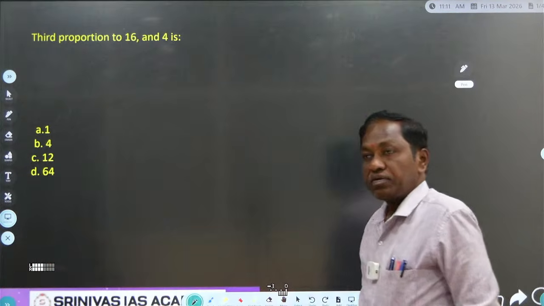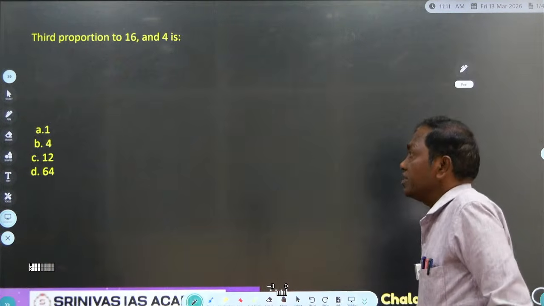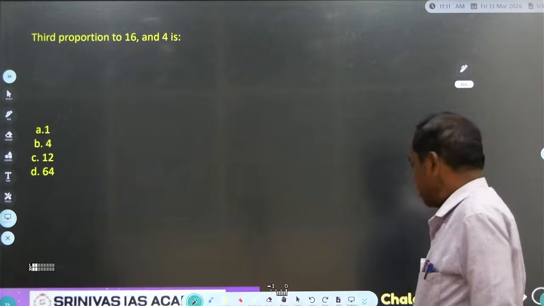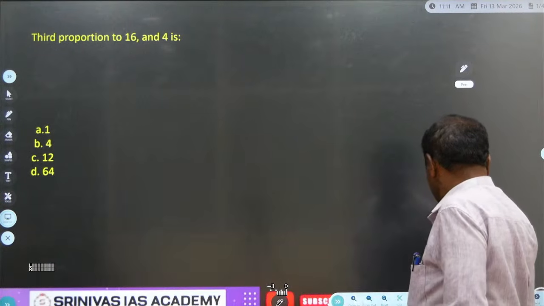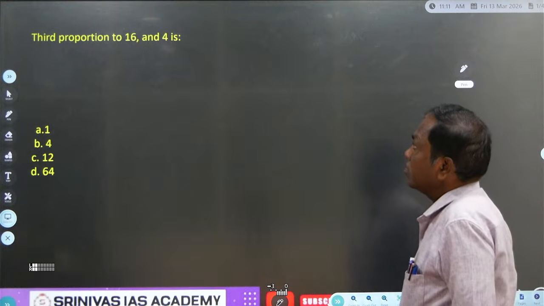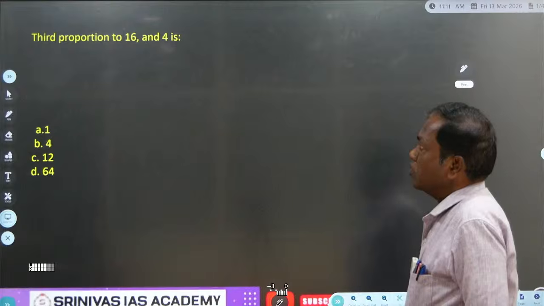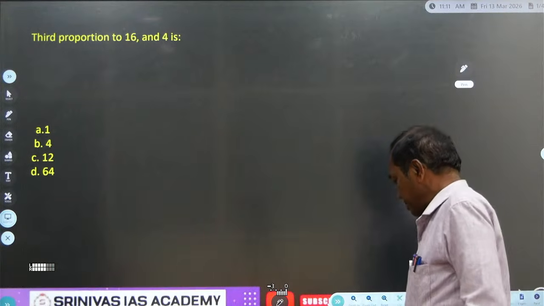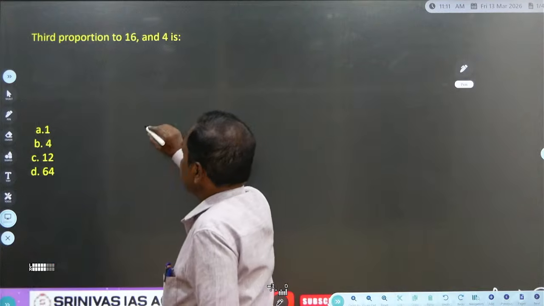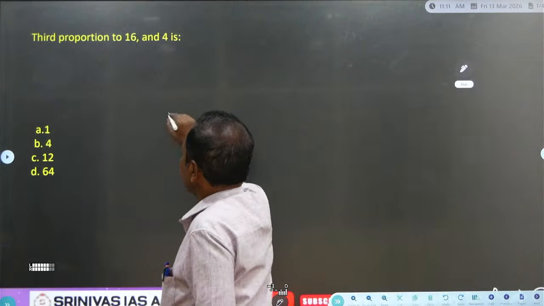Yes, today we discuss the ratio related chapter, third continued proportion. See, what are ratios? Ratios can be written as, say for example, A is to B